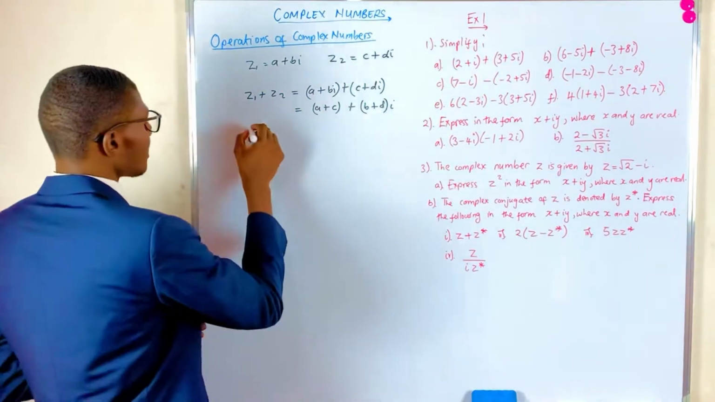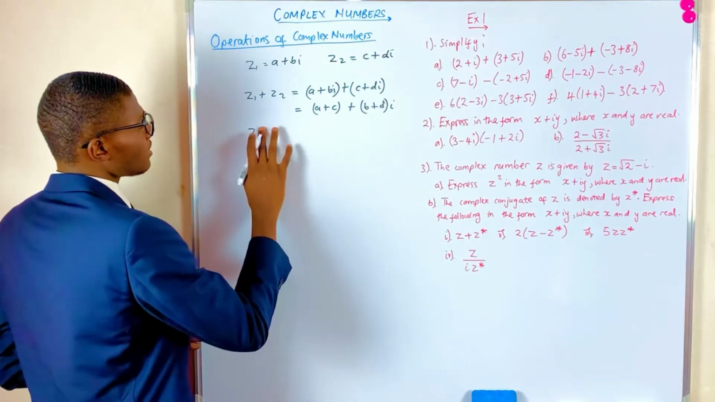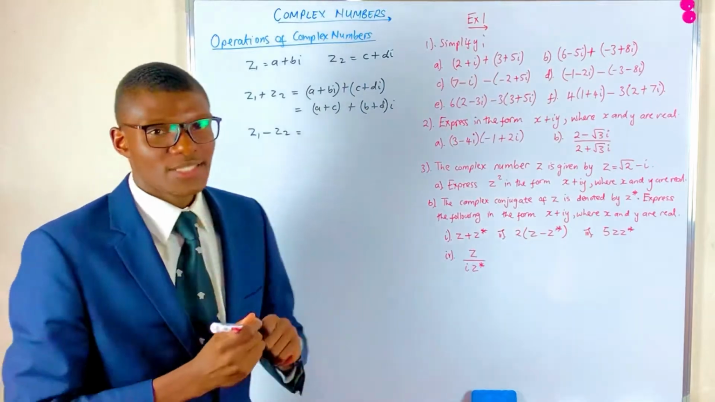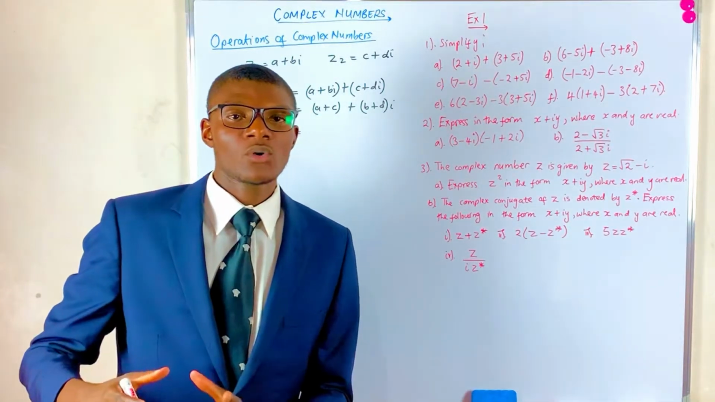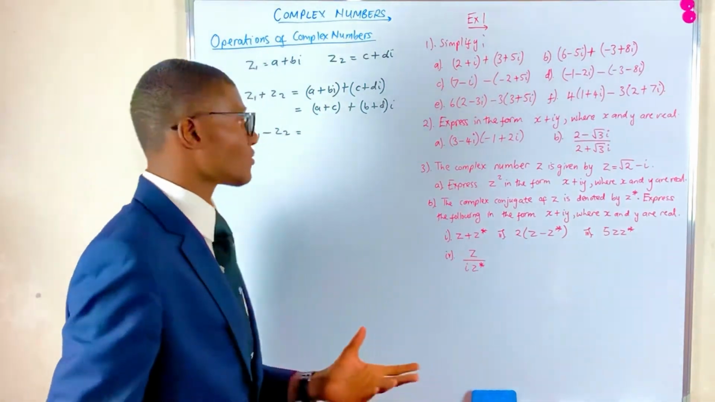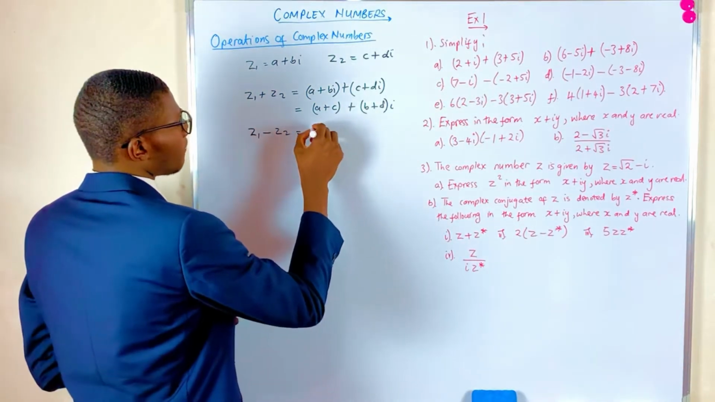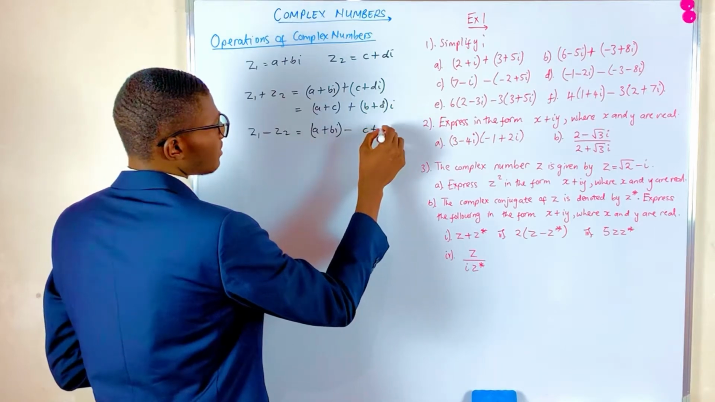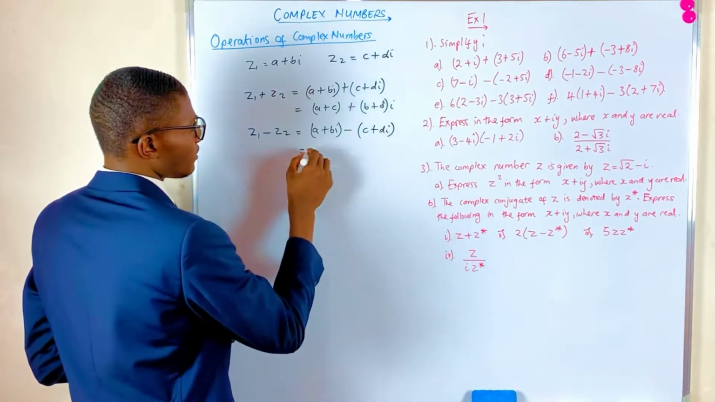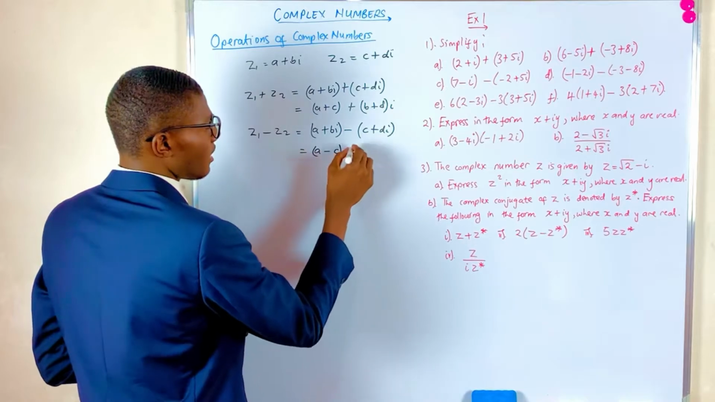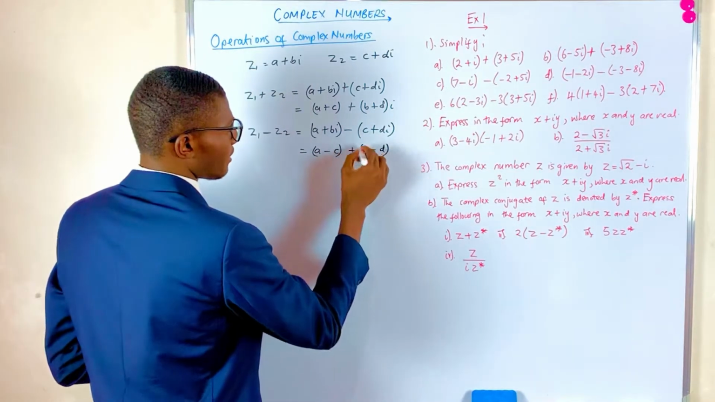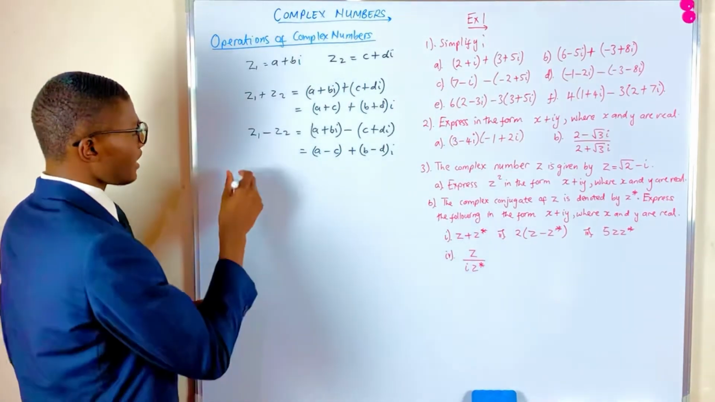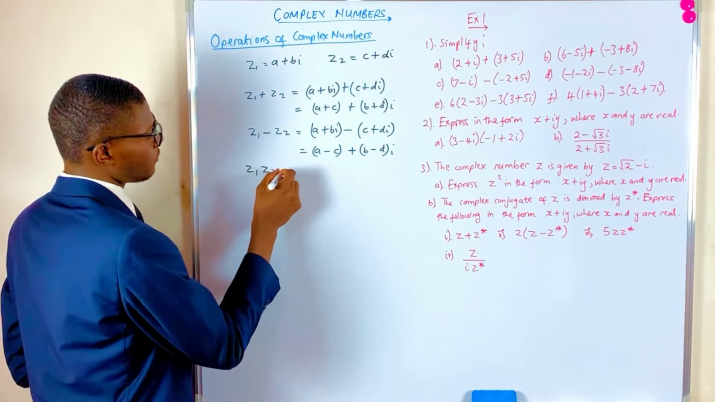Then for subtraction, C1 minus C2, we subtract the real parts on their own, then the imaginary parts separately as well. So for a plus bi minus c plus di, we've got a minus c, then plus b minus d, i. This is for subtraction. And then for multiplication, C1 C2,